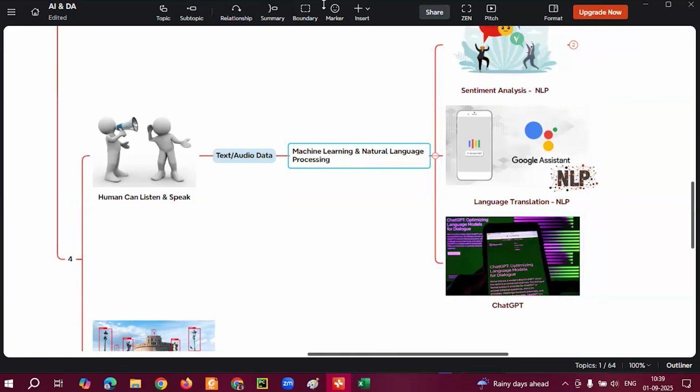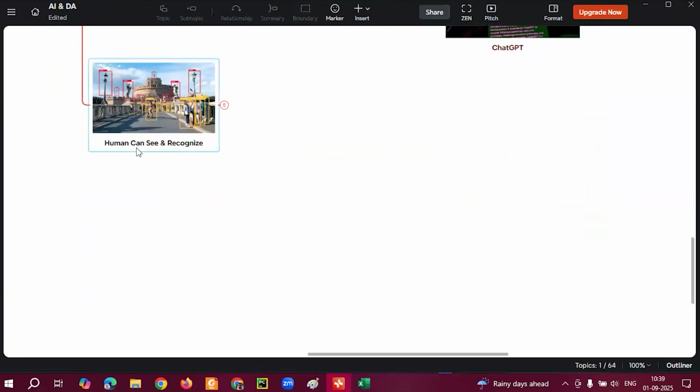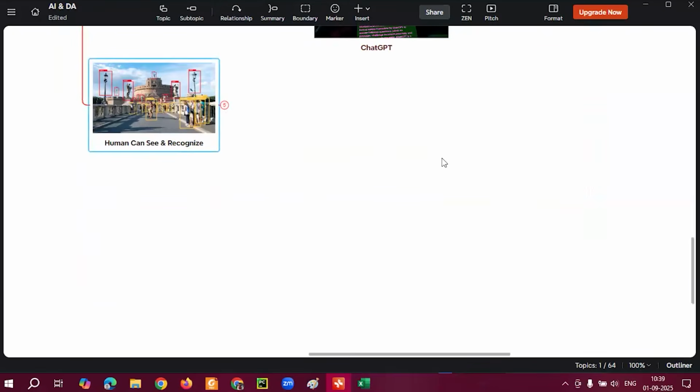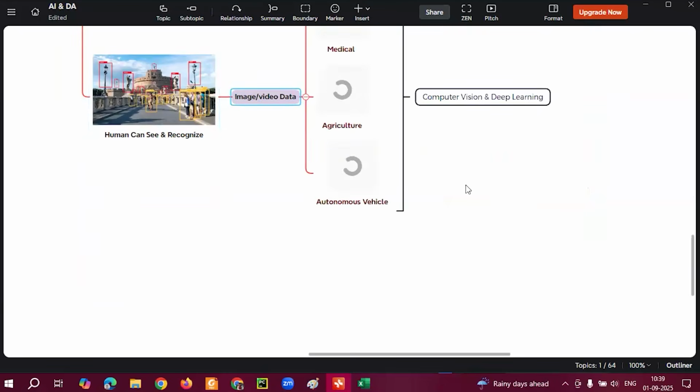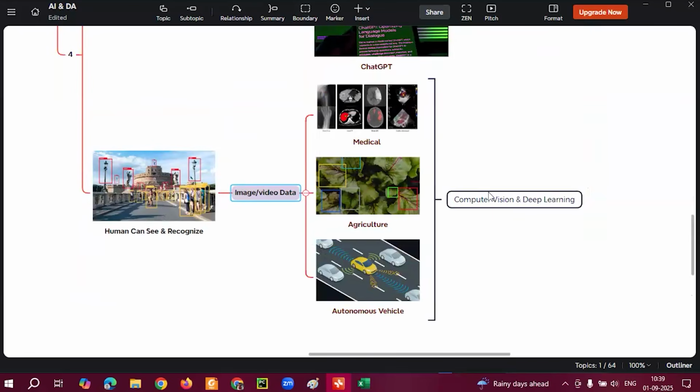Amazon is one application. In the same way, ChatGPT is one model. Your sentiment analysis is one model. We have to prepare models. With the help of a model, we can analyze and we can predict. No, no, sir. What we can do as a human being is see and recognize. This is a pen, this is a phone, this is a mobile phone, or this is a remote control. Same pattern here. Image and video combination, go for what? Your analysis, medical reports.